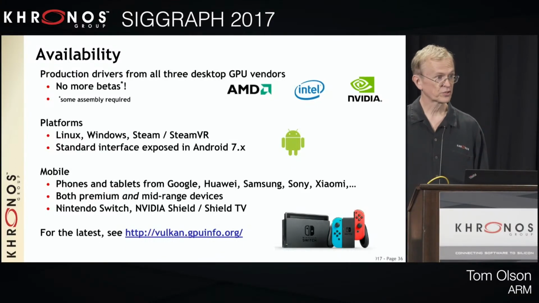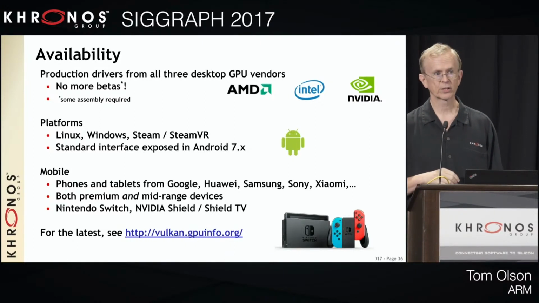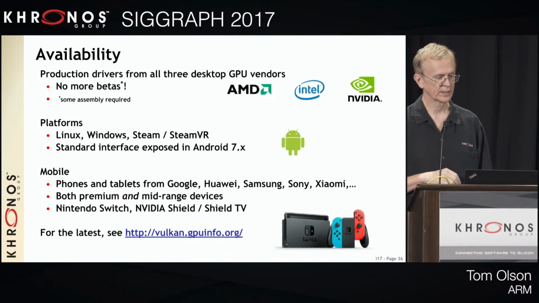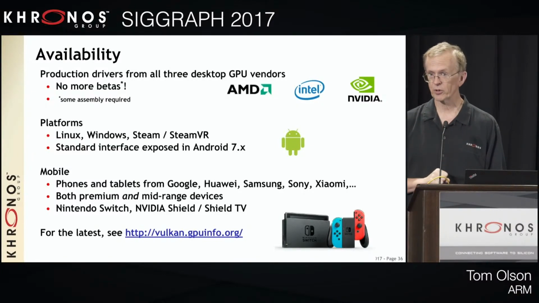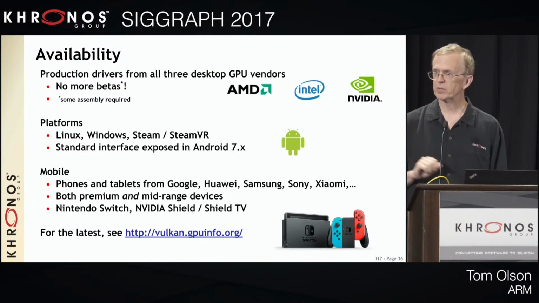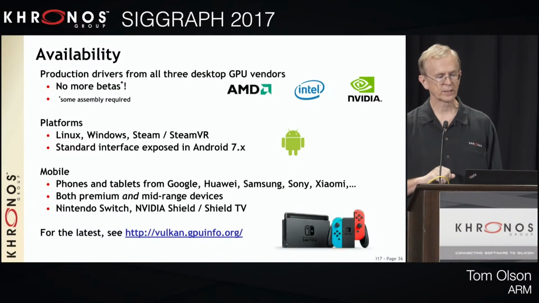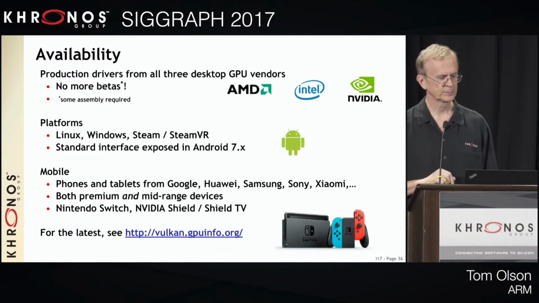There's, of course, Steam and Steam VR, a flavor of Linux, but with a very distinct character. And there's Vulkan support in that and a lot of product shipping on it. In Windows, we have excellent support on Windows 10, including this crummy corporate laptop. The Windows 7 picture is a little dicier, but it's coming, and I think it's pretty solid with AMD and NVIDIA. I think maybe not with Intel.